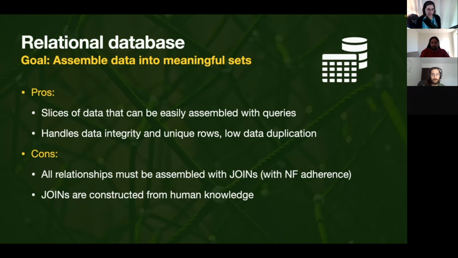So the pros of relational databases, still to this day, is you get slices of data you can easily assemble with queries. It also handles good data integrity, so you don't end up with mismatched data or out of sync data, if you will, and unique rows, and you get low data duplication here. So they try to create unique objects, if you will, of data, and you then assemble aggregates or groups of this data